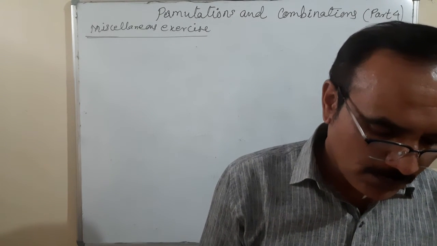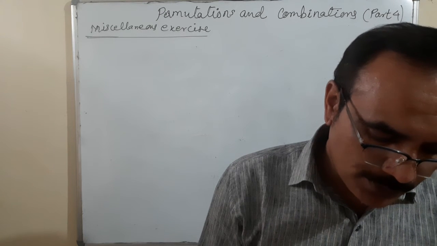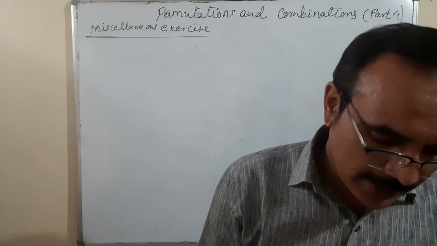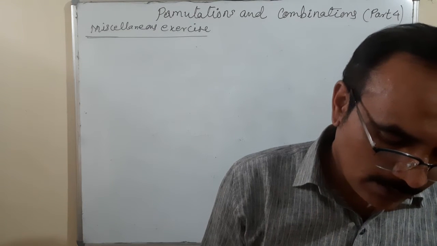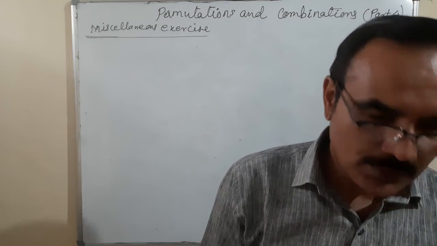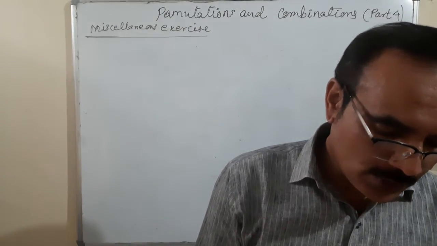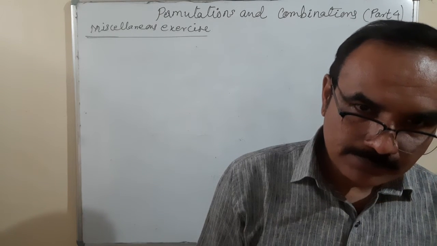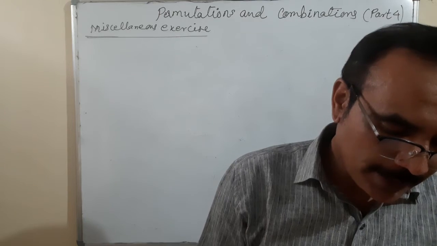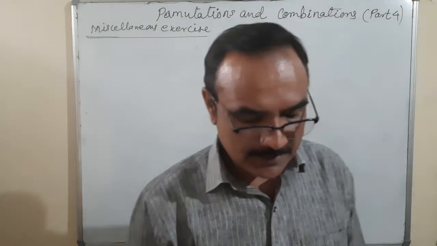Okay, so in one case, what should be done? From a class of 25 students, 10 are to be chosen for an excursion party. There are 3 students who decide that either all of them join or none of them will join. So suppose none of them will join, what does it mean? It is 22C10. And if all of them will join, what does it mean? It is 22C7. So we are adding them. That is the condition.